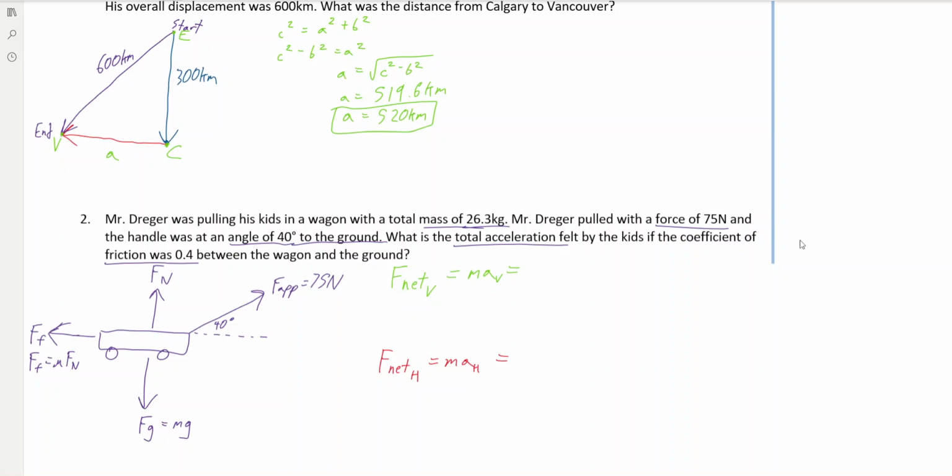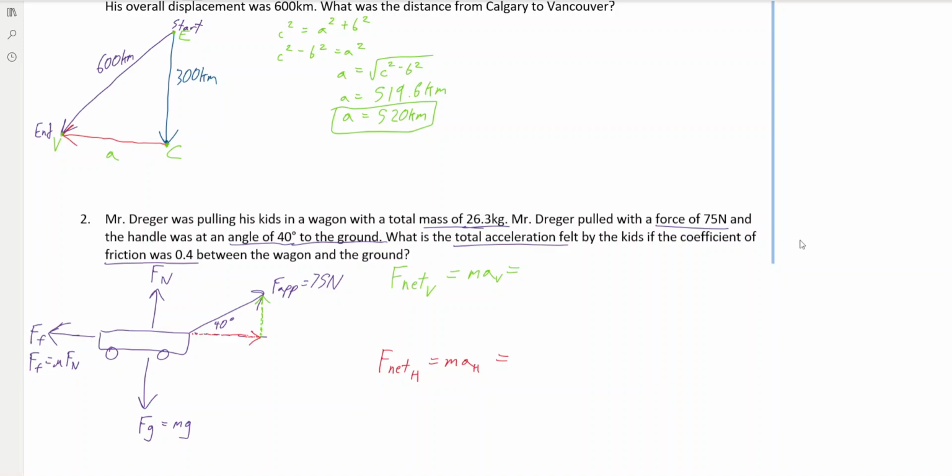Okay, so let's take a look here at how this component idea will help us out. So this is a really common question. We've got a force at some weird angle. So the vertical component of the force is this green part, and the horizontal component of the force is this red part. So how are we going to get it? Well, it'll be